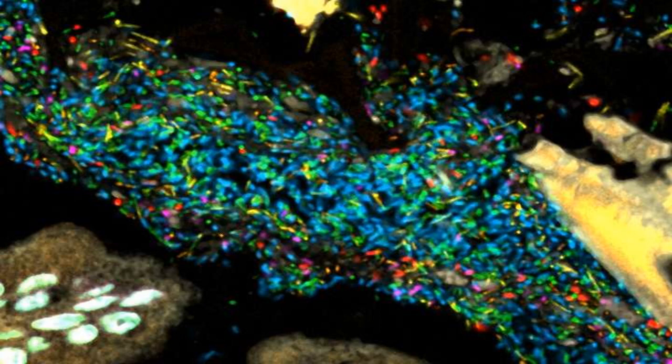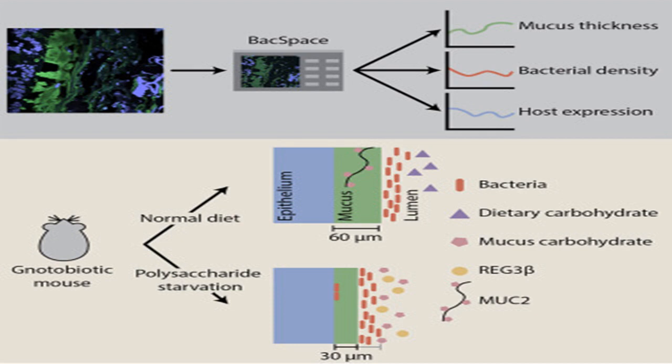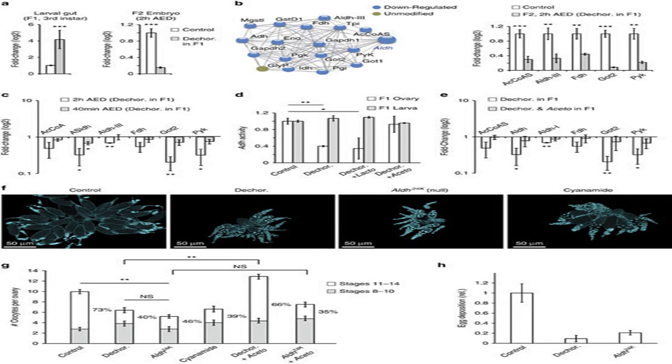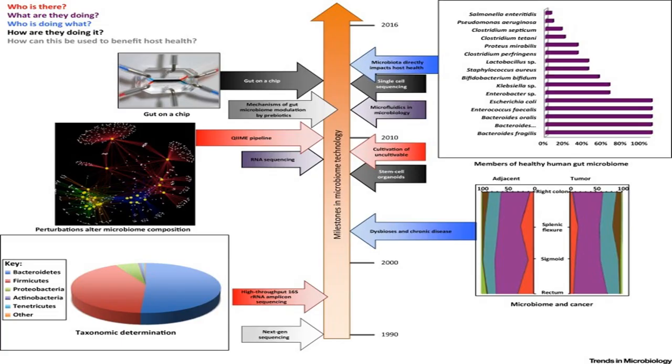"No one has looked at a complex microbial community in the gut this way before," says senior author Gary Borisy, a senior research investigator at the Forsyth Institute in Cambridge, Massachusetts. "If we truly want to understand the role of the microbiome, it is not enough to know just which microbes are present. We must also learn what they're doing, who they're talking to, and why. Part of the answer to that problem is to figure out who is next to who and who is next